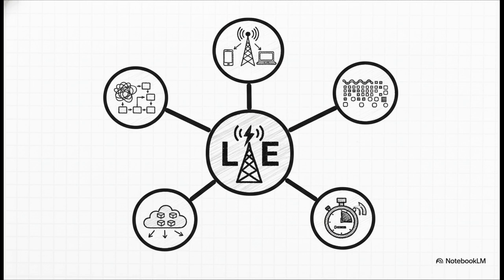First, LTE was built for super high spectral efficiency, using fancy tech like OFDM and MIMO to cram more data into the airwaves. Second, it was designed for really low latency, that's the delay, which is what makes apps feel so snappy. Third, it's an all-IP packet switch network. It also has a much more simplified network architecture than 3G did. And finally, it's super flexible with how it uses bandwidth and frequencies. Honestly, this slide right here, this is your answer to that question.